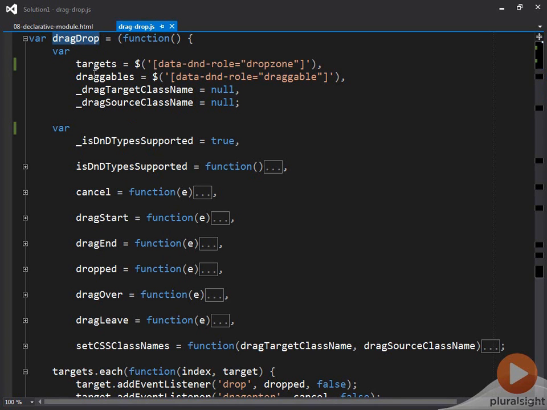drag drop variable. Now, as this runs, the first thing that it will do is attempt to find all the targets on the page. And it'll find that by looking for any element that has the data-d&d role attribute equal to drop zone. The draggables are found the same way, looking for data-d&d roles equal to draggable. Then I also have a couple variables here for the target class name and the source class name. So this would be equal to the over class and the drop class, which you've seen in some of the